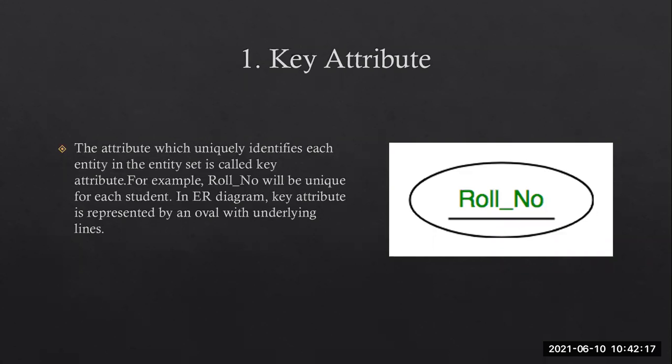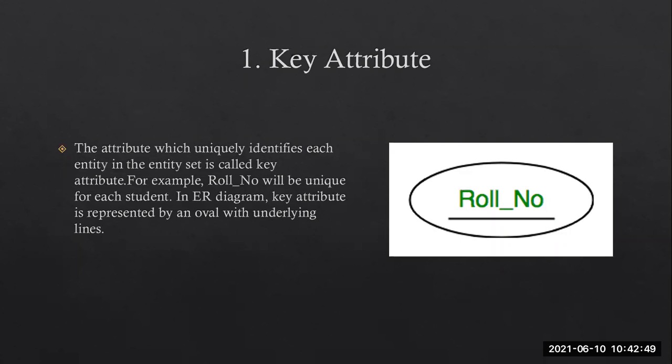It should not be repeated, right? So whenever we enter again 401, already it is there here. So that kind of an error is to be given by us. We are supposed to inform that नाही 401 झालेला आहे कुणाला देऊ शकत नाही. So we should make that kind of a key. We should tell that it is a primary key. So let us see here: the attribute which uniquely identifies each entity in the entity set is called key attribute.